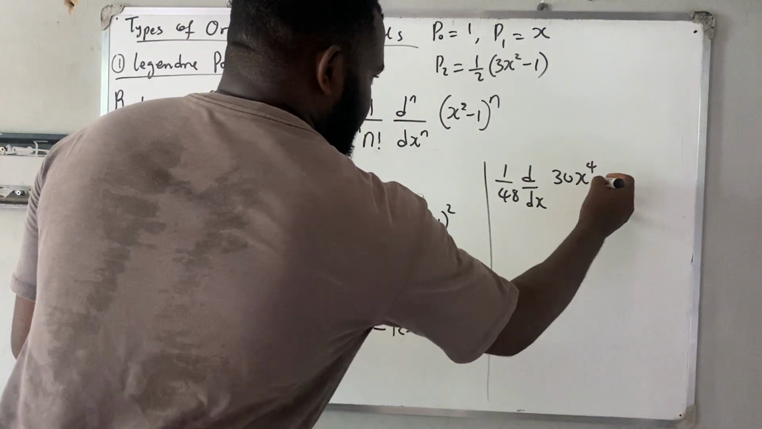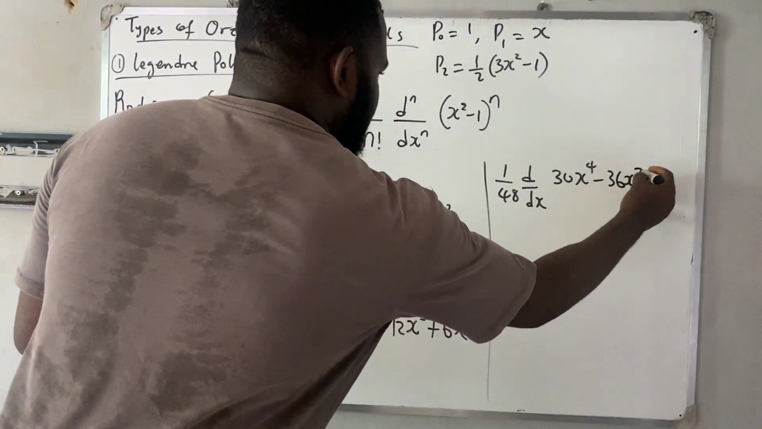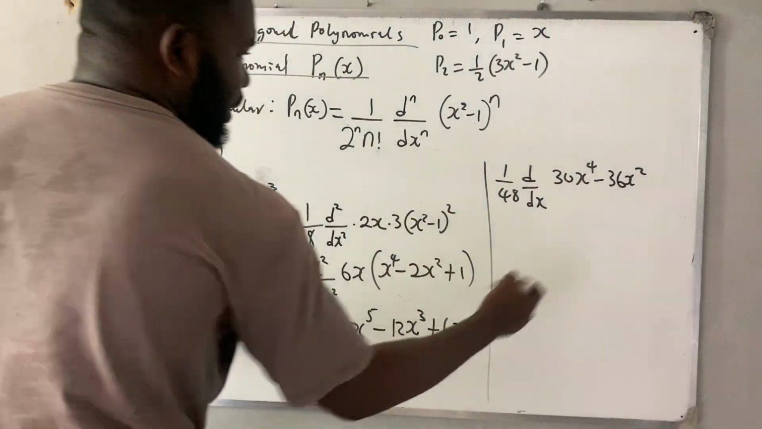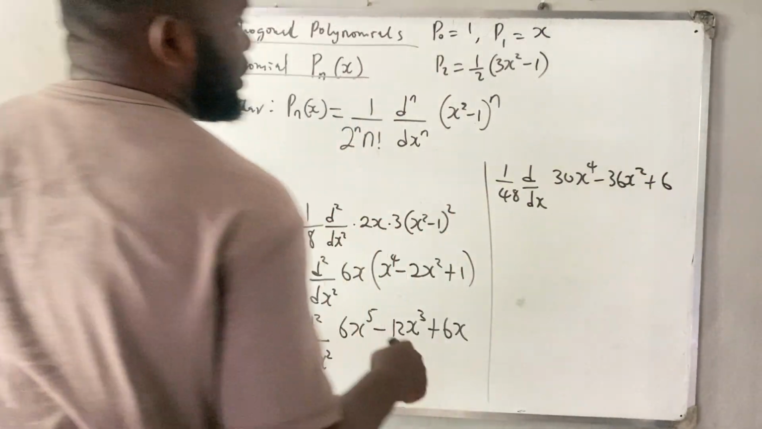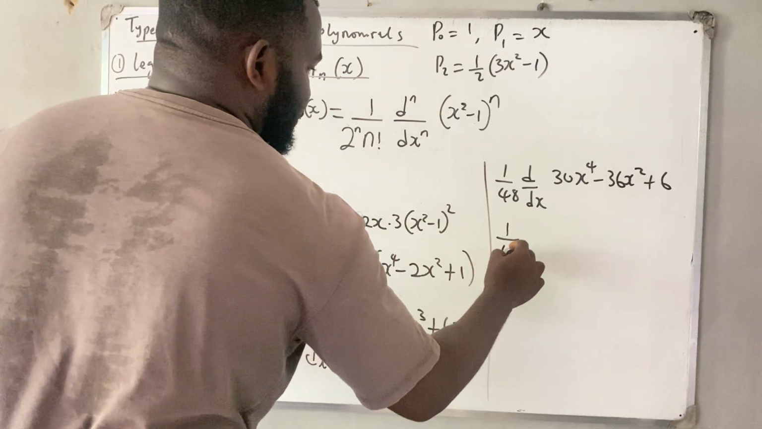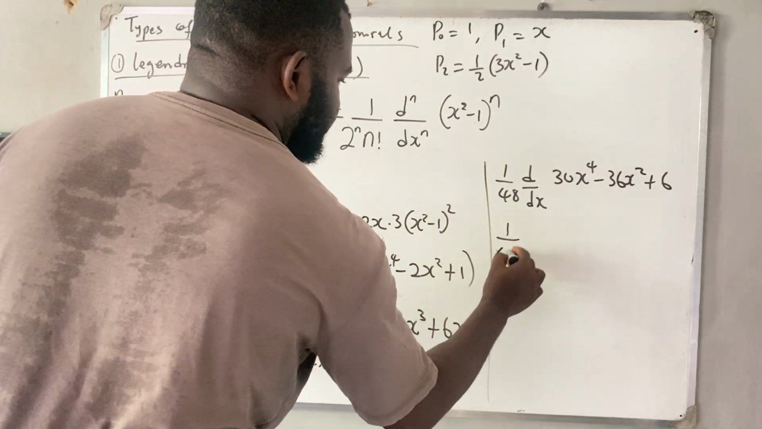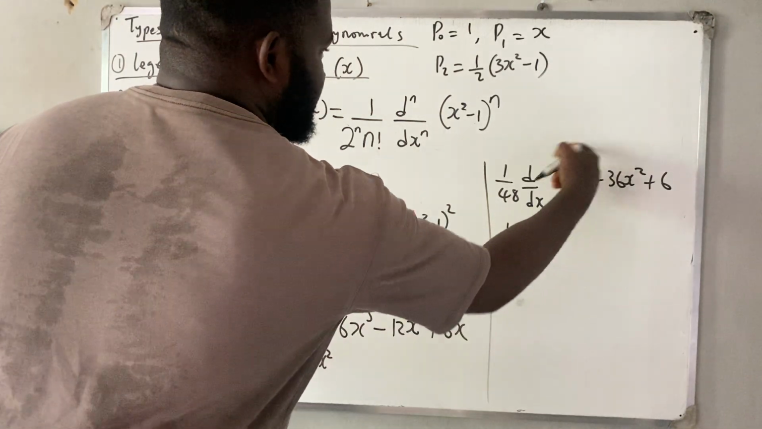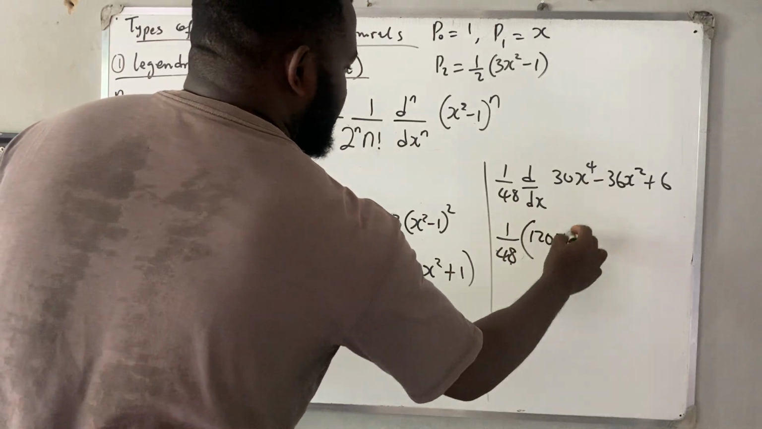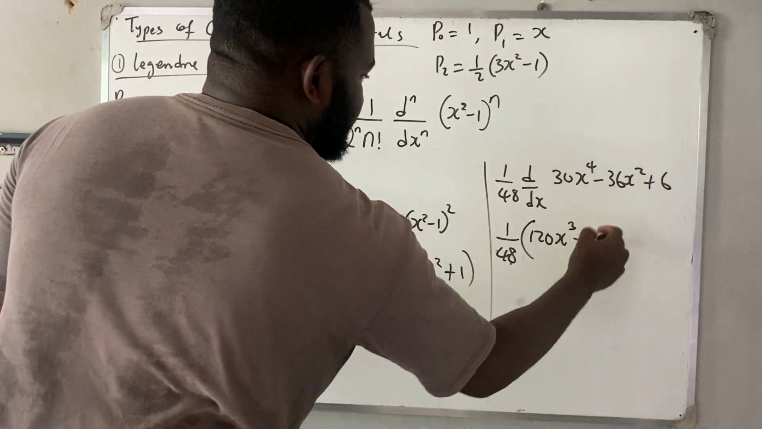36. Minus 36x squared. Multiply by the power, remove one from the power, then I have plus 6. So the final one will now be keeping your 1 over 48. So the final one will now be multiplied by this. I have 120 x raised to power 3. This one will now give you minus,